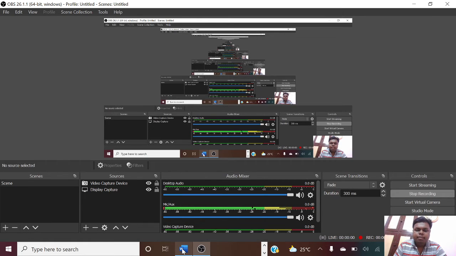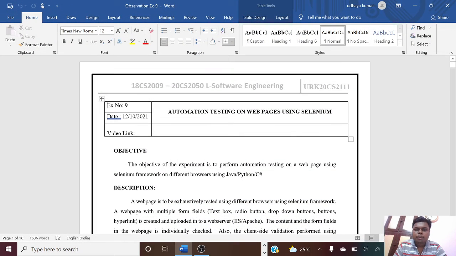In this video, we're going to see about automation testing on web pages using Selenium. First, we're going to see about objectives for the EOS System project. The objective of the experiment is to perform automation testing on a web page using the Selenium framework on different browsers using Java, Python, C. And description: